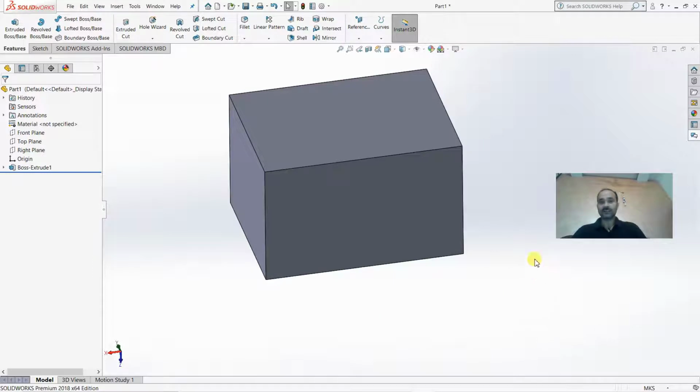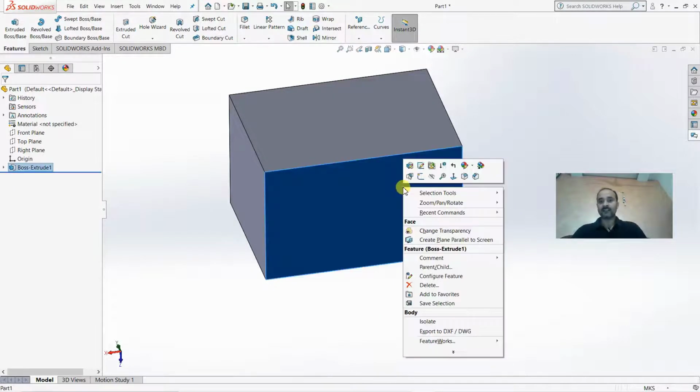These are basically the three commands. If you right click, then a command window will open that will show you which functions you can perform with that particular face, or whichever you have selected. Basically, these three mouse buttons are very useful.